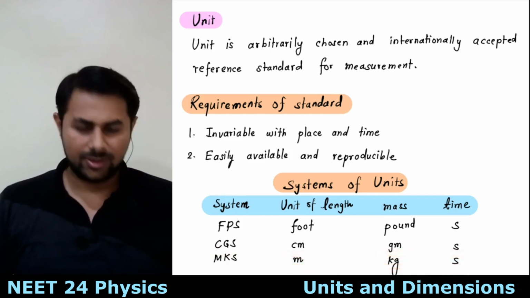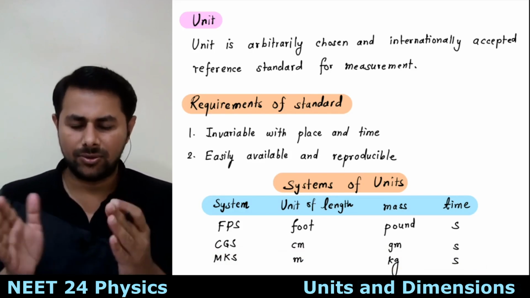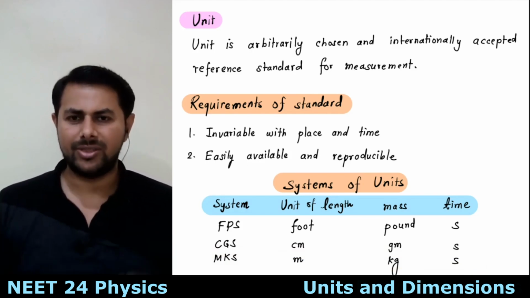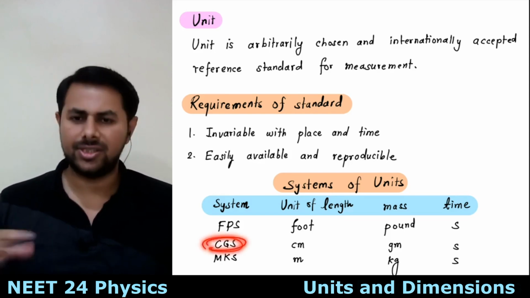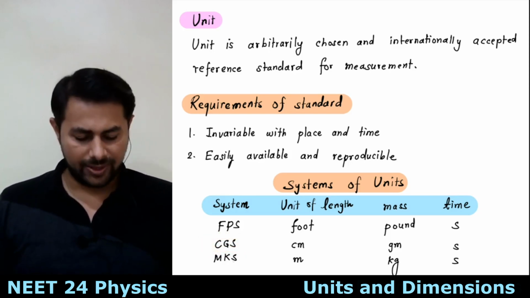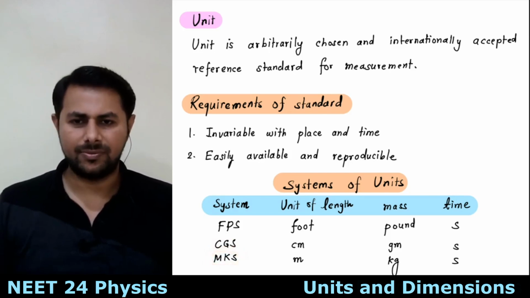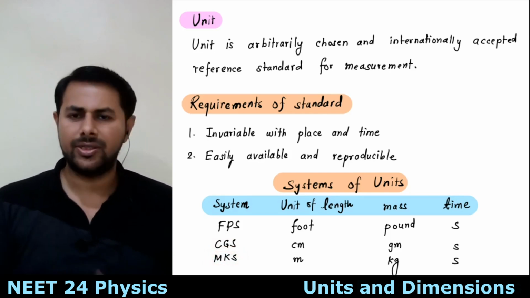Okay, so see, if there are different systems of units and you only know about them, you don't know about the conversion factor, then what will happen? Suppose in your country the CGS system is used and you talk with somebody where the MKS system is used. You don't know about MKS, and that person doesn't know about the CGS.